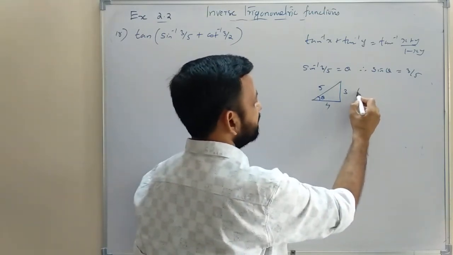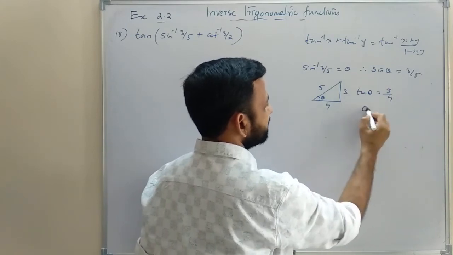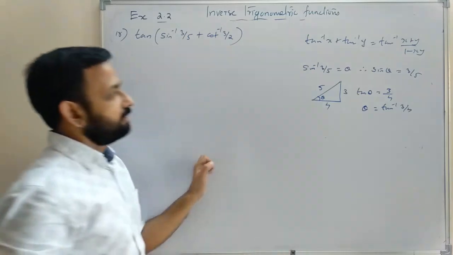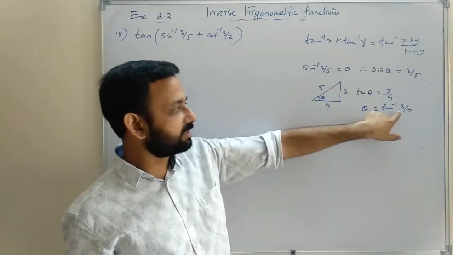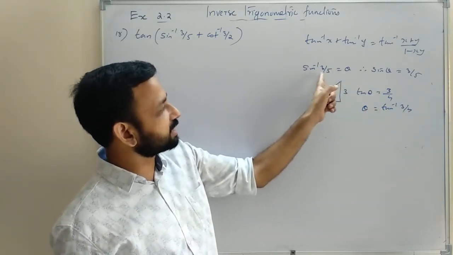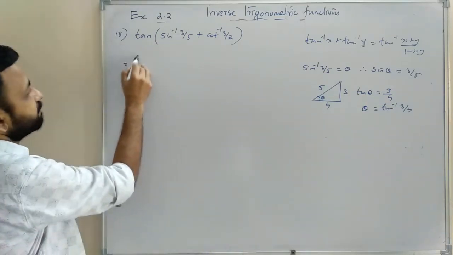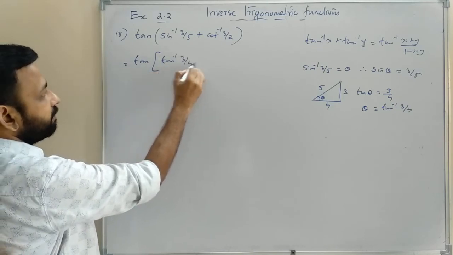Therefore tan theta is equal to 3 by 4, or theta is equal to tan inverse 3 by 4. Both angles are the same, so sin inverse 3 upon 5 is equal to tan inverse 3 by 4. So the expression is equal to tan of tan inverse 3 by 4 plus